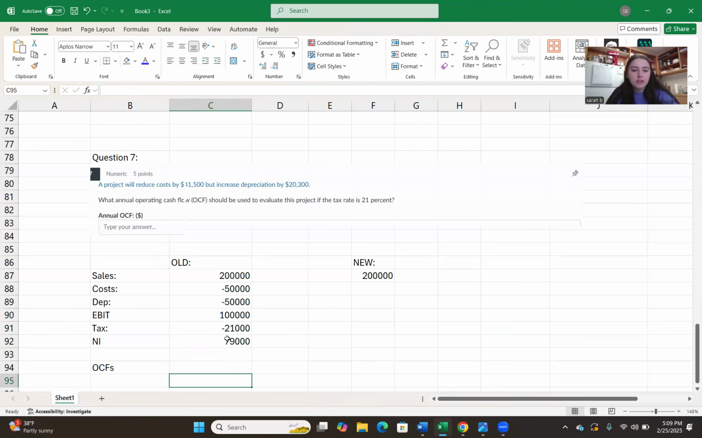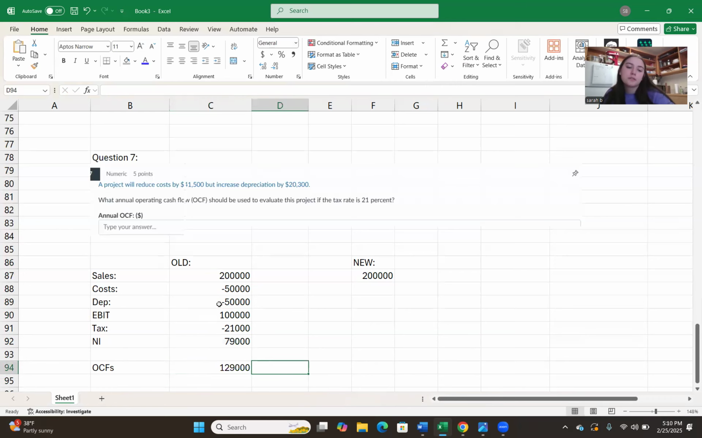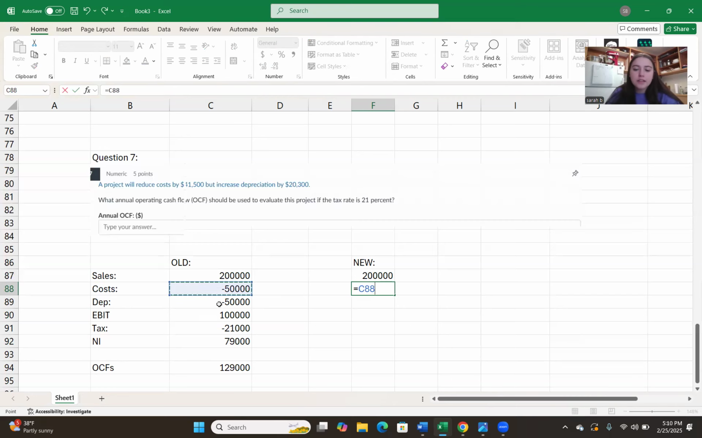OCF is going to be equal to net income plus the absolute value of depreciation, which is actually minus. Okay, so I did that. That's not too hard. It's going to reduce costs by 41,500. So that means costs go down. So I'm going to do equals 51,000. I'm going to add 41,500, sorry. My cost went down, depreciation is going to go up, so I'm going to say this minus